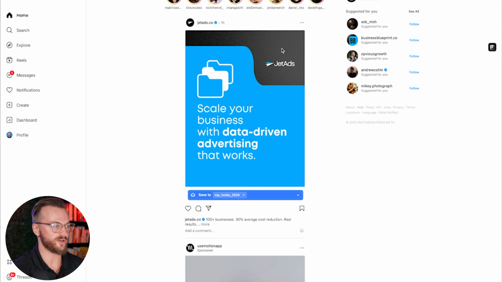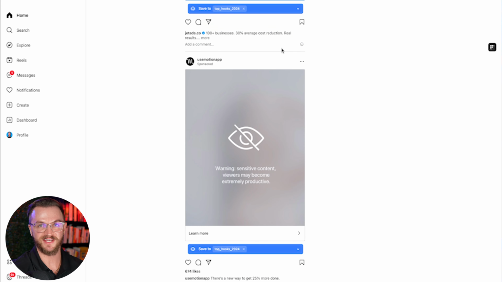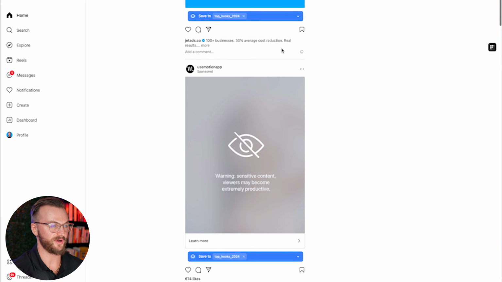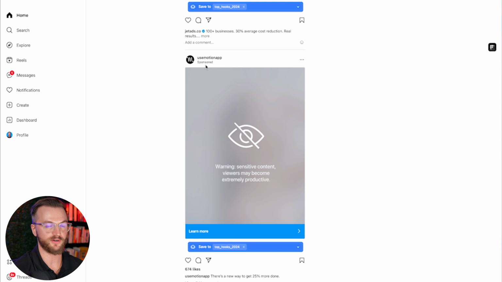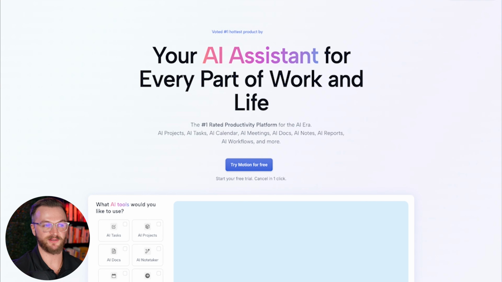And so if you go on your Instagram feed, obviously, I'm assuming you've seen an Instagram or Facebook ad before. And so literally the second post in my feed is an ad by Use Motion app. And so you can see here, this is sponsored, which means it's an ad. And in this ad, you can see they get likes, they have a call to action, and there's actually a link right here, which will take me off of Instagram to their website, trying to get me to buy something